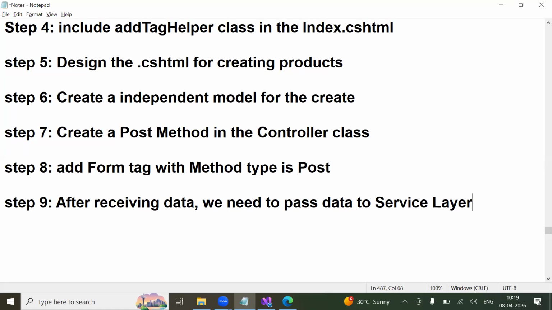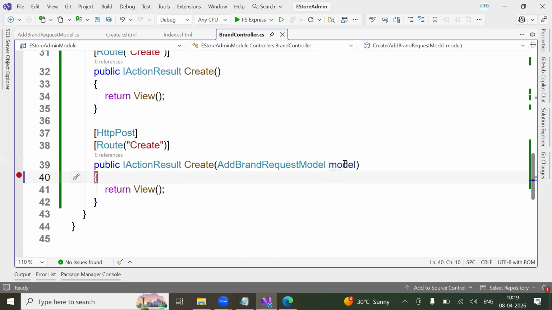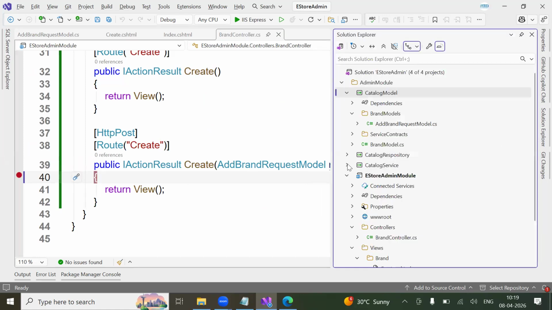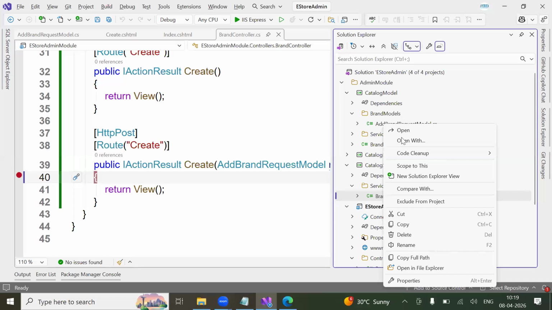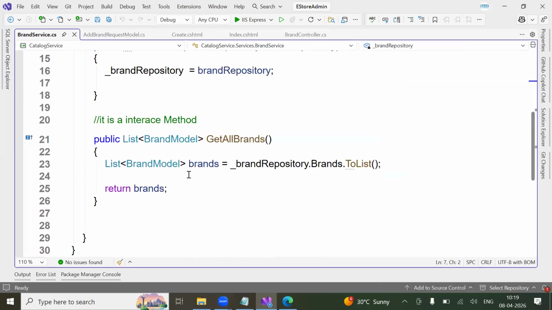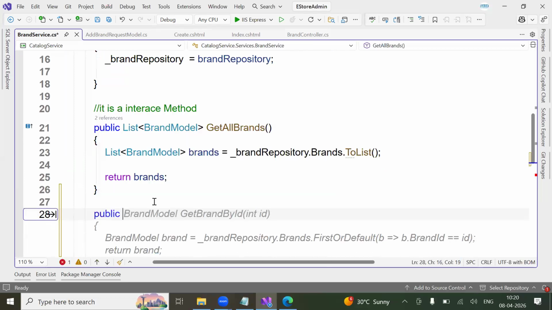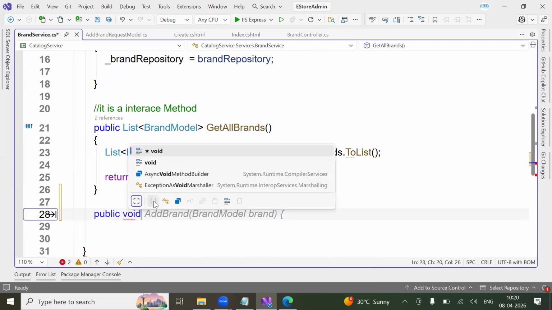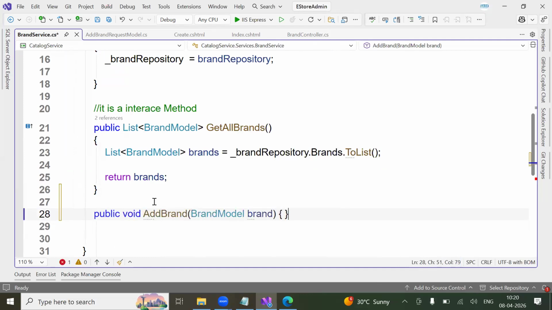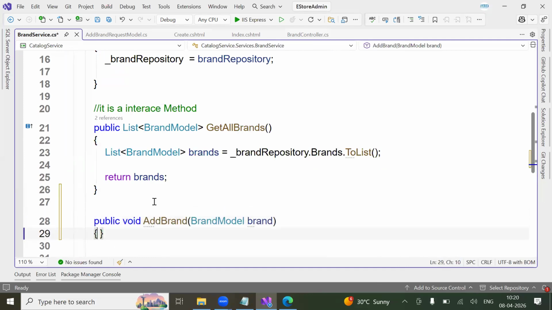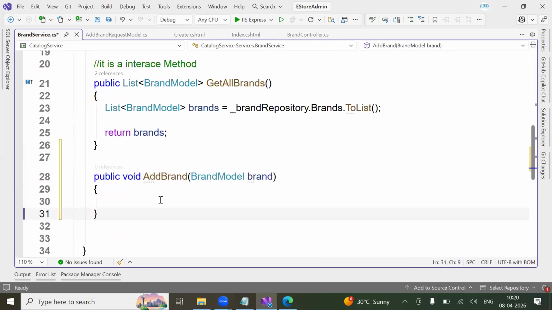Everyone, see, you are receiving data. I want to store the data in the database. For that, you need to pass this data to the service layer. For that, you go back to your solution, go to your service layer. In the brand service, you come here, you create a method, public void add brand of brand model. Clear my point? Here, the request should not be a brand model. It should be your